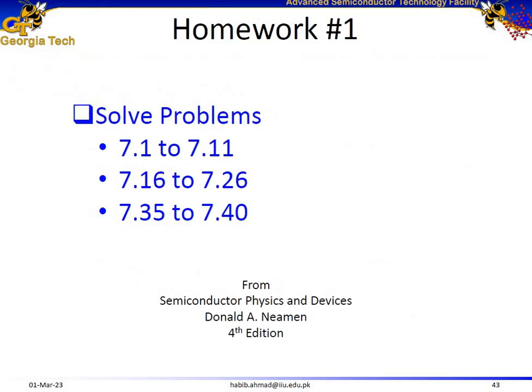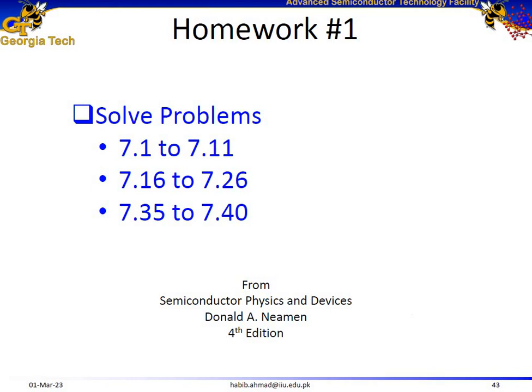So this concludes the topics for today. We still have more topics to cover for the p-n junction diode, but there are a lot of parameters. For example, the intrinsic carrier concentration of silicon, the intrinsic carrier concentration of gallium arsenide, charge on electron, permittivity of semiconductor, permittivity of silicon, permittivity of free space, relative permittivity for silicon, for gallium arsenide, for gallium nitride, and for other materials. There are a lot of parameters that you need to get familiarized with, and the only way to get familiar with these parameters and with the mathematics and the physics and equations